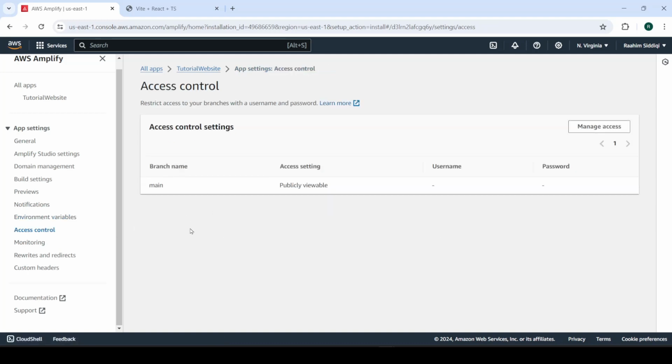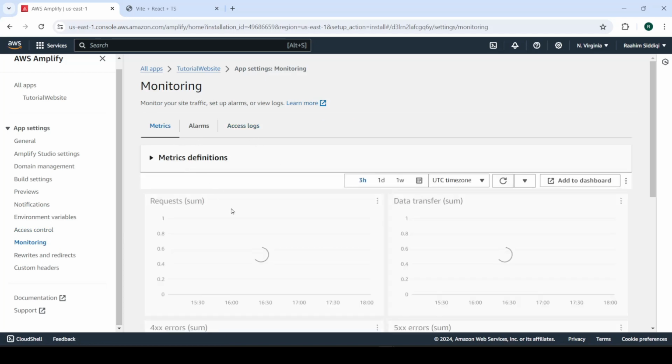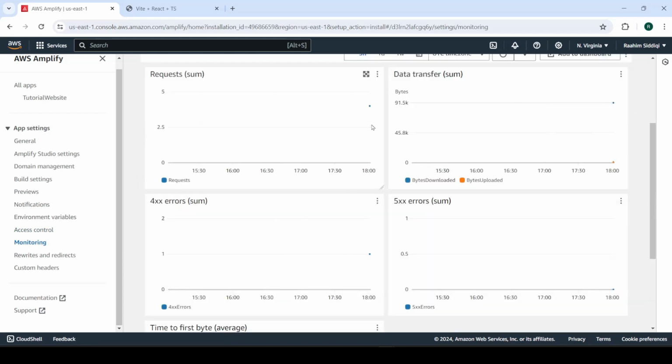Access control, the passwords and things. Monitoring, this is important. You can view the requests, any errors, alarms, access logs. This is going to be pretty important for you guys. This is a freshly hosted website, so obviously you won't see much. Very few requests have been made so far. At any rate, this is what the Amplify servers can do for us. It simplifies deployment, gives us all the tools that we need to run our website, and also provides us with many